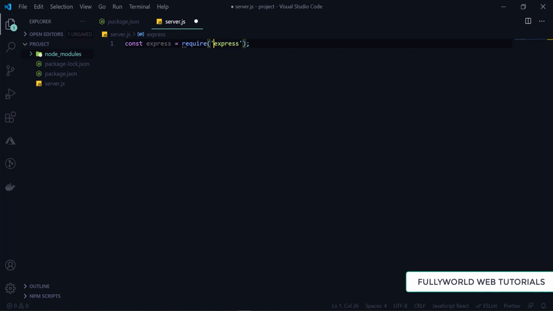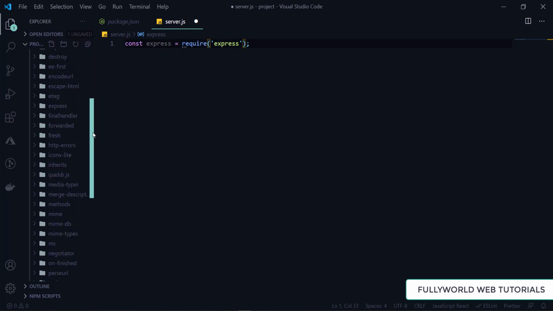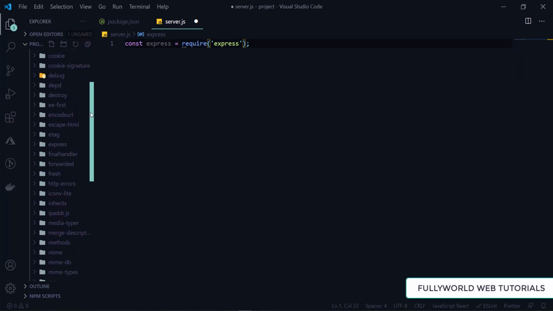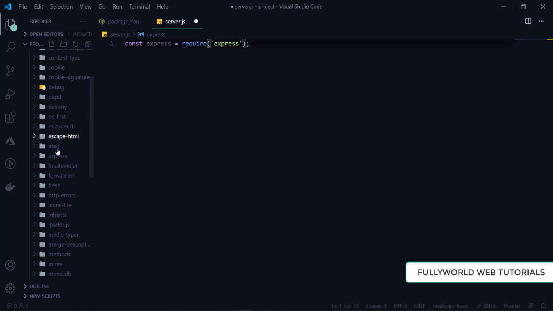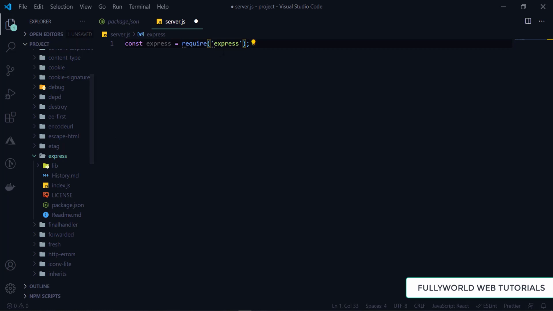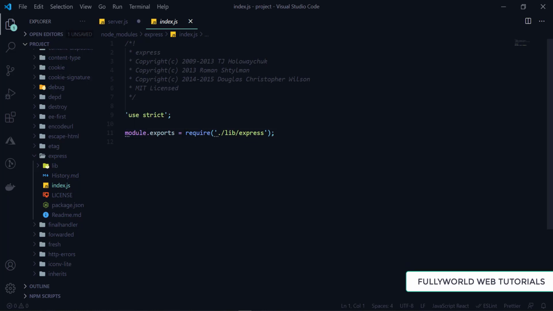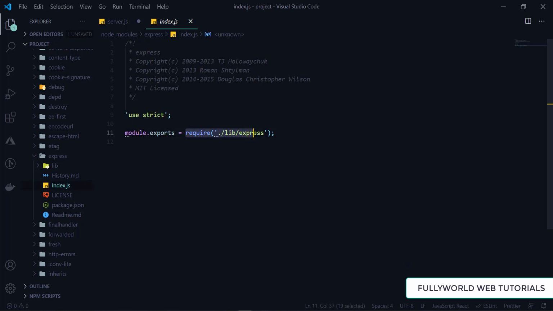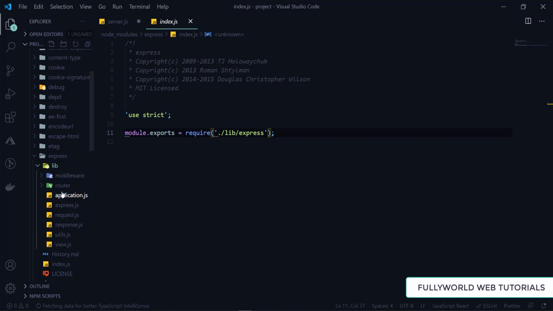So by simply writing this, it will require our express. Let me show you. See that this is our express here. So it will require express, index.js, that is in the lib folder of express.